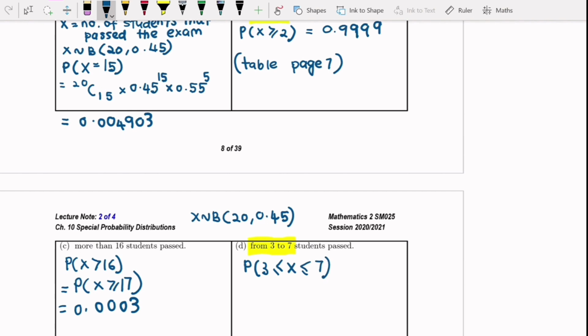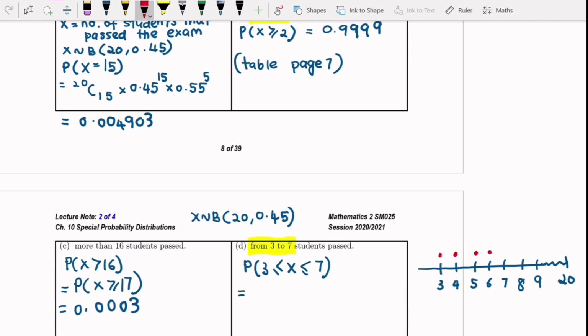To answer this question, we need to change probability x between 3 and 7 to greater than or equal forms. So we draw a number line. We have 3, 4, 5, 6, 7, 8, 9 up until 20 because our n is equal to 20. We just want from 3